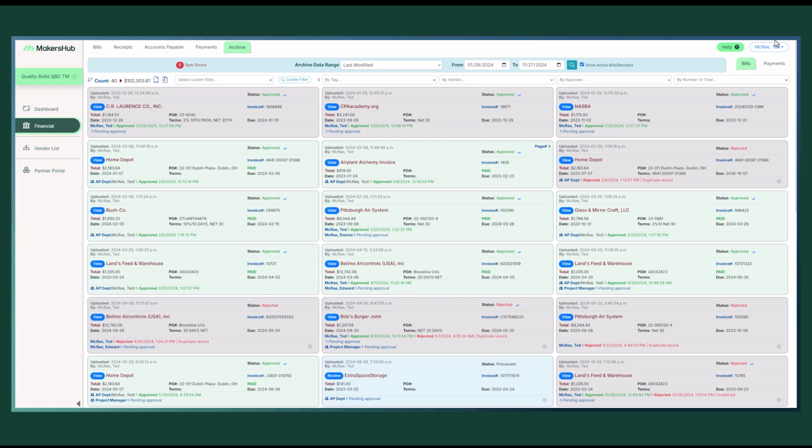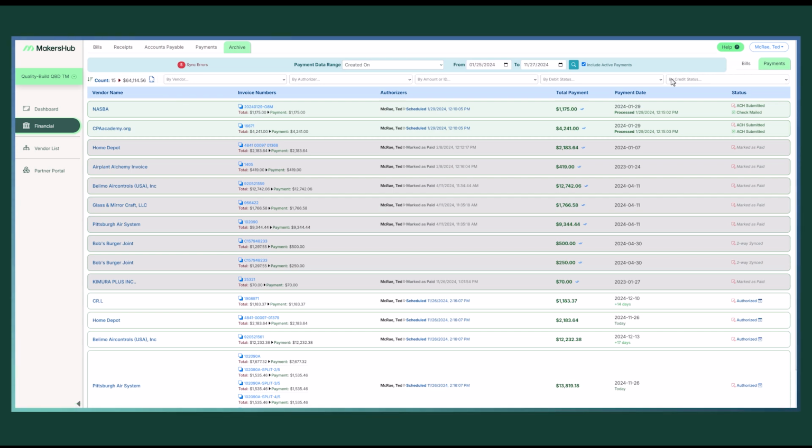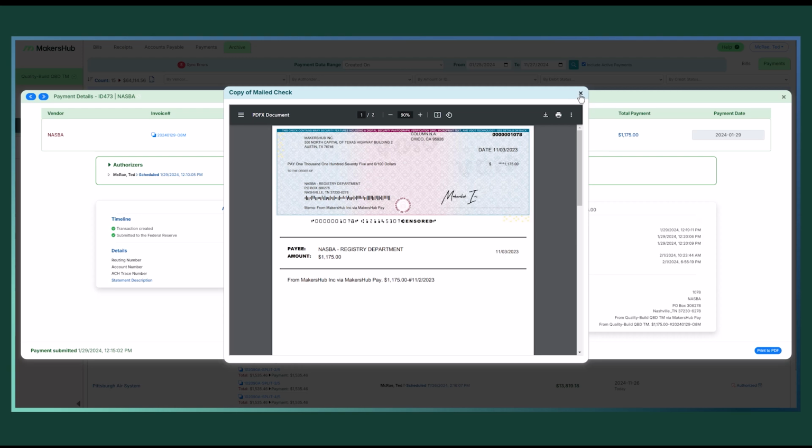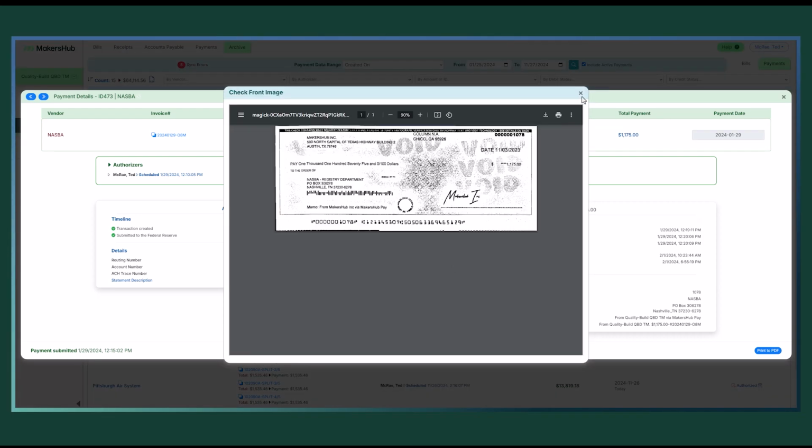Finally, let's look at the Payments Archive tab. This tab records all payments made through MakersHub or QuickBooks, providing a wealth of detail for vendor inquiries. Payments processed through MakersHub are highlighted in green, and when clicked, reveal full transaction details, including the creation date, source bank account, and the check's destination. You can also view images of the mailed check and the front and back images of the deposited check for